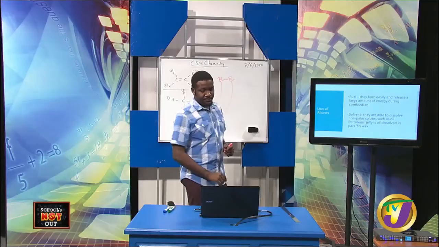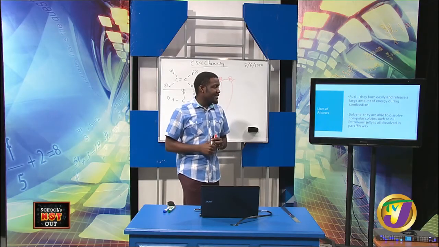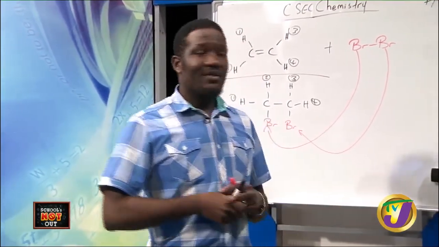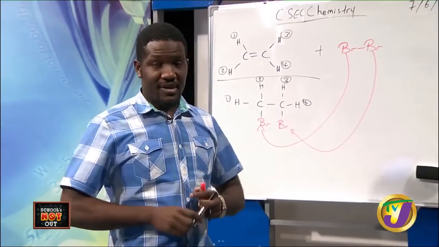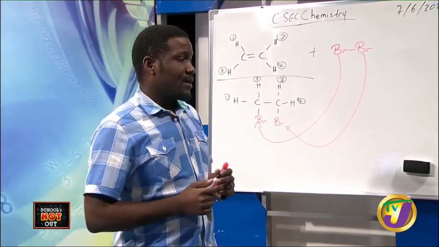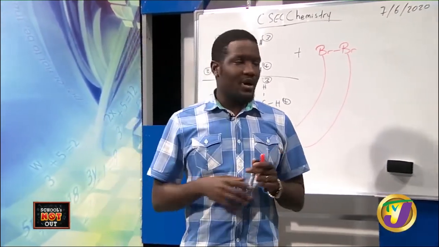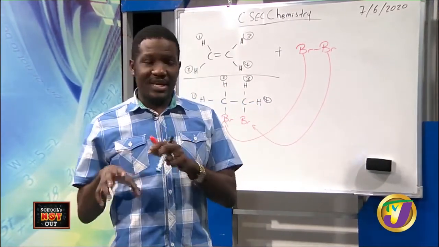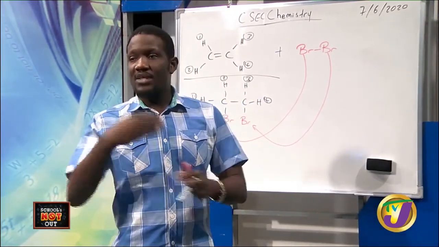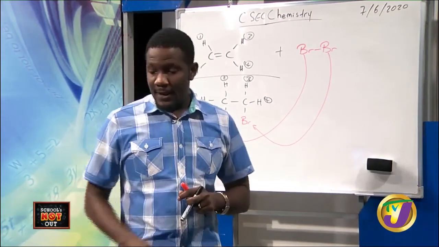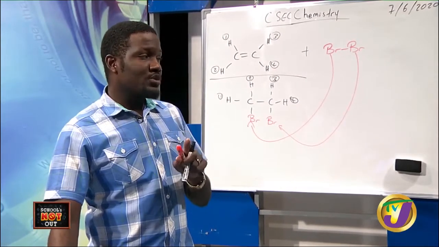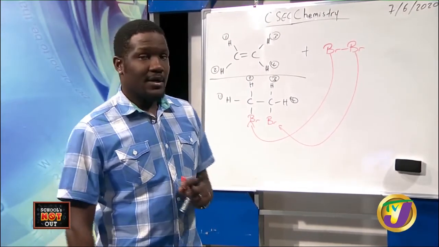All right. Now, uses of alkenes. They can be used as fuels because they burn very easily and they release a large amount of energy during combustion. All right. And because they are non-polar, they can be used as solvents as well. All right, so like petroleum jelly is just oil that is dissolved in paraffin wax. All right, so alkanes are used as fuels and they're used as solvents. All right,